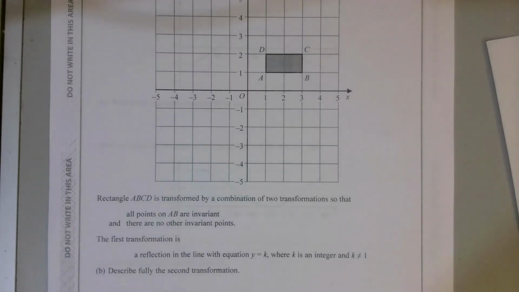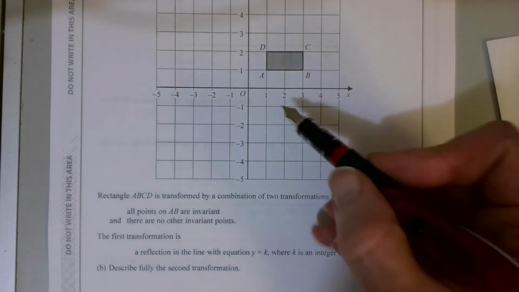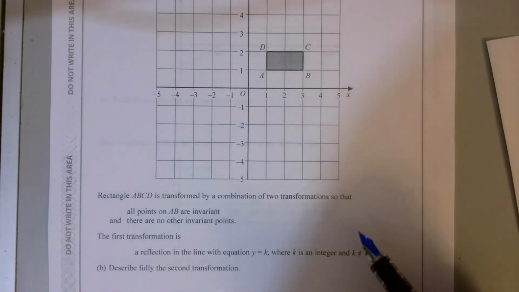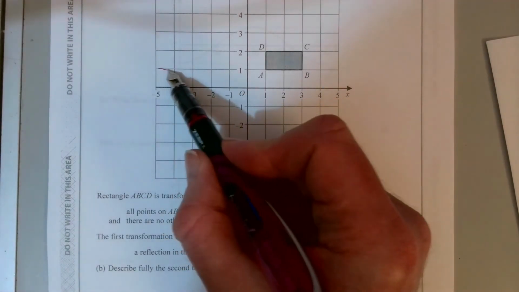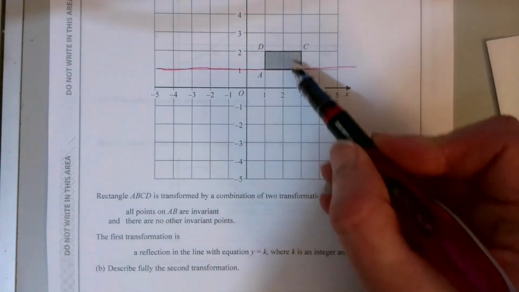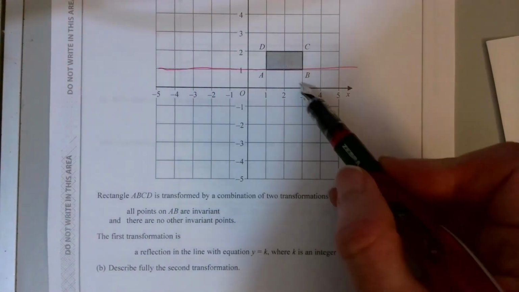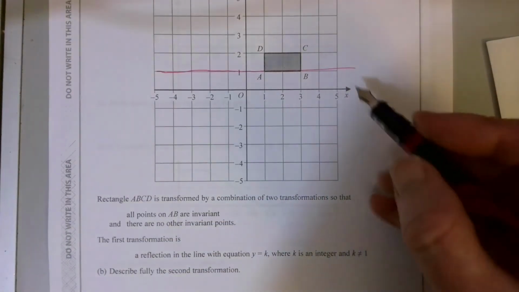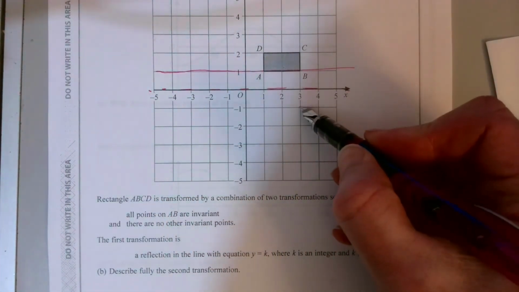Now there's no getting away that this is quite nasty, but it's saying two transformations, A and B are invariant, so it's going to end up there. The first one is a reflection of the line y equals k, where k is not 1, so you can't just do that because it would already be in the right place. But it's going to be something parallel with that, so it could be in 0, 0, which would flip it down to there, and then you would need to move it back up. So let's just pretend it was that. It would be flipped down to here,